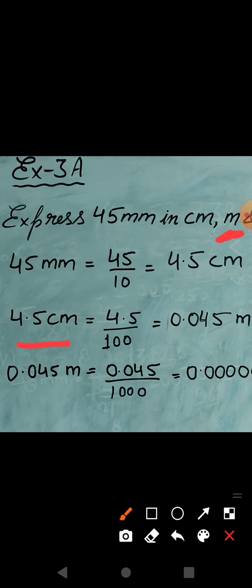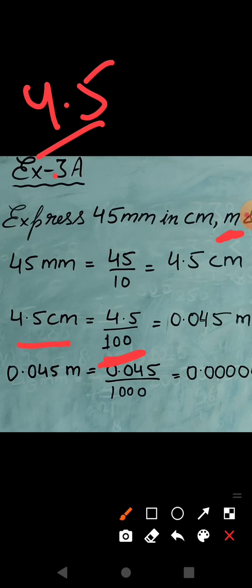So again, when we convert a smaller unit to a bigger unit, we do the division. So we will divide 4.5 by 100, because there are 100 centimeters in 1 meter. So we are dividing by 100. First we write 4.5 divided by 100. Okay, so first we will write 4 5 without the decimal, and the decimal was there between 4 and 5.